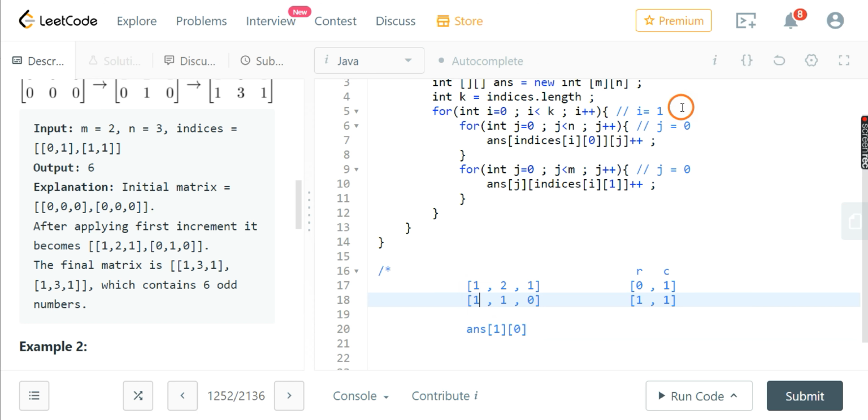Now j will become 1, so increment answer at 1 comma 1. Now j will become 2 and increment answer at 1 comma 2. Now this for loop will end and we will move inside the other for loop.